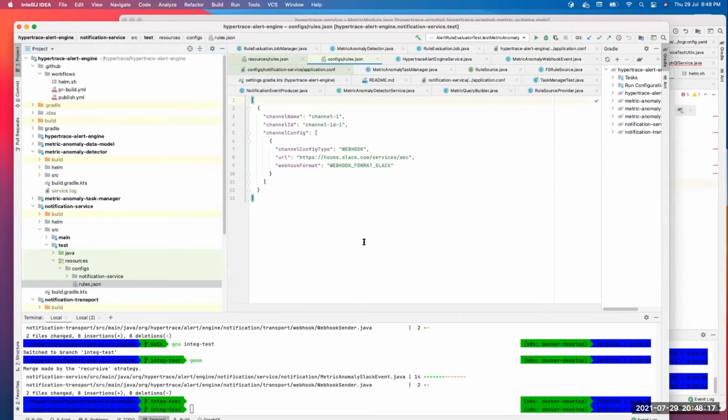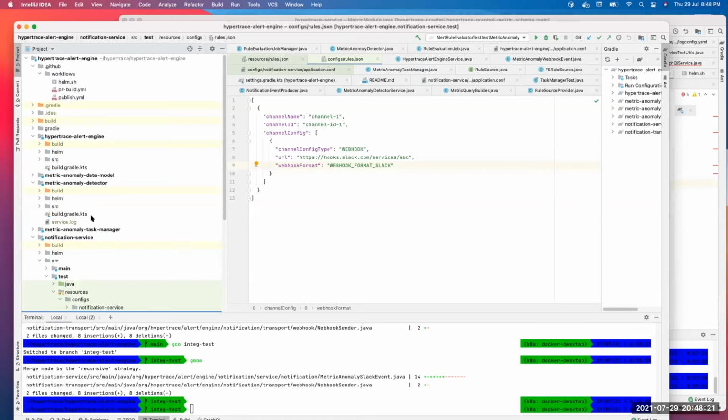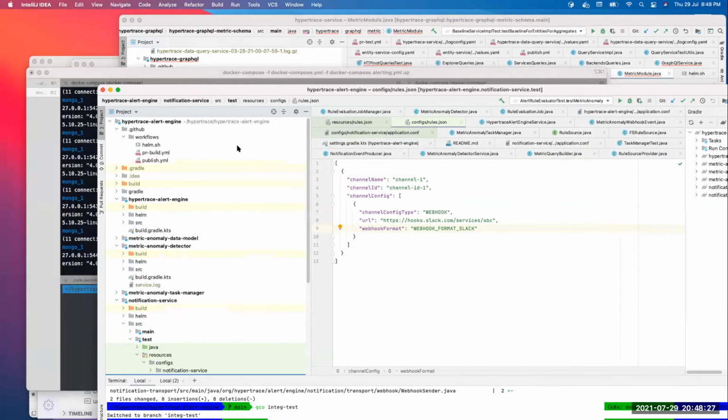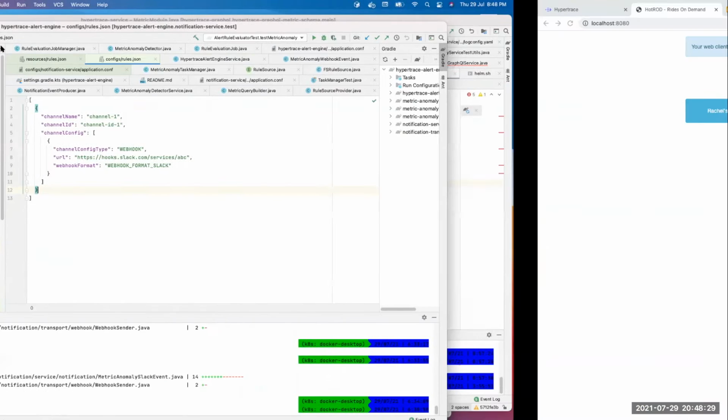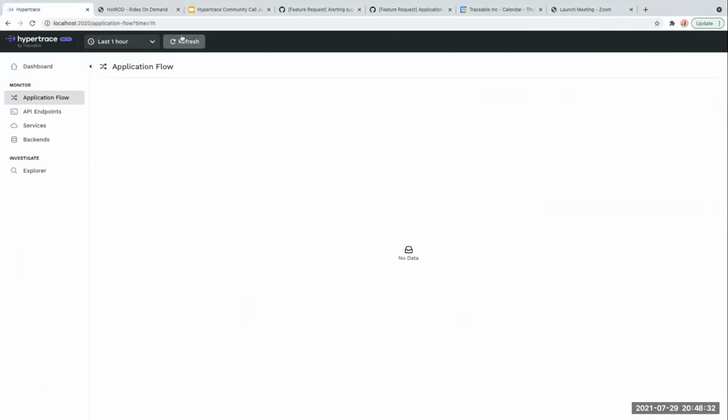For example, this could be a Slack message. We have also combined all of this together and put it out in our Docker Compose setup, all in one alerting. So let's see now the state of our rule.